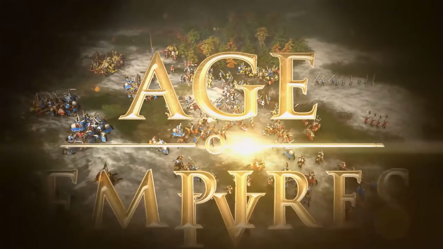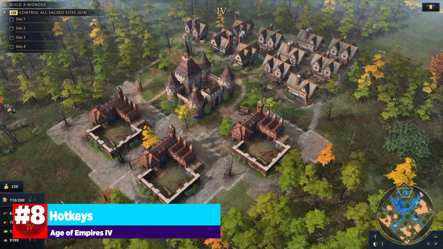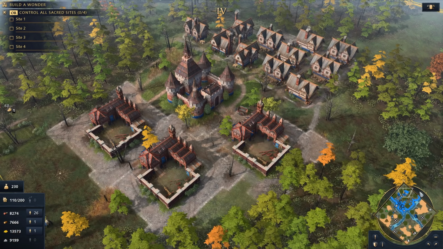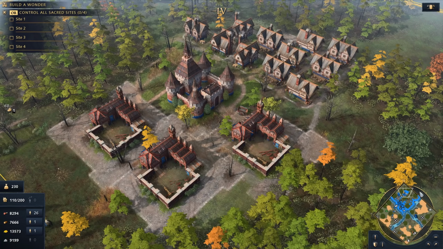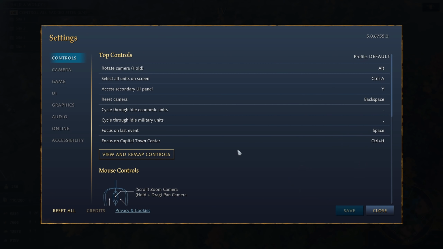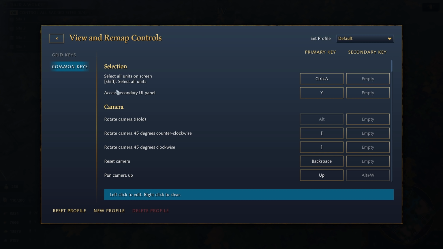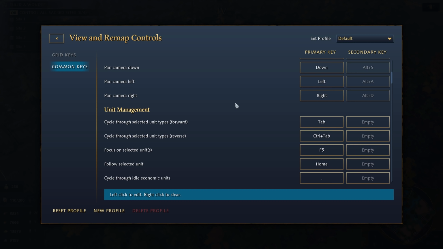But let's get started on 8 useful beginner tips for Age of Empires 4. So our first tip is actually a big one, and while the game does acquaint you with some of the hotkeys, it doesn't really drill down on where to find all of them. So I'm going to show you how to find that, and it's not really even hidden. So for starters, just simply press escape, go to settings, and then voila, you have the most popular hotkeys displayed right here for you. But let's go one step further. You can press this button, view and remap controls, then click common keys, and you'll find the entire list of